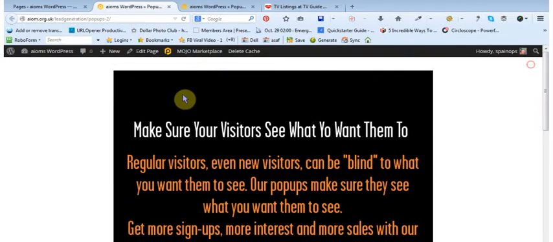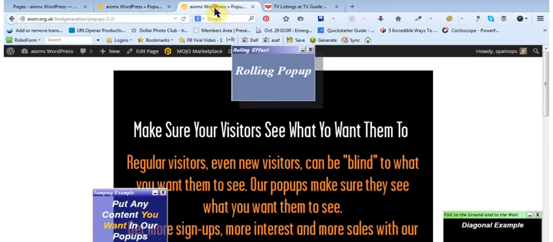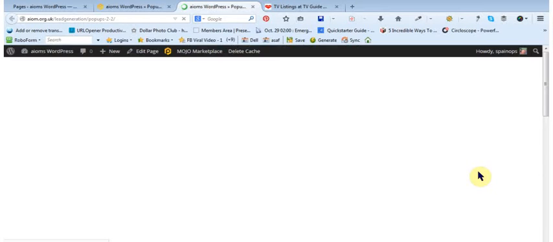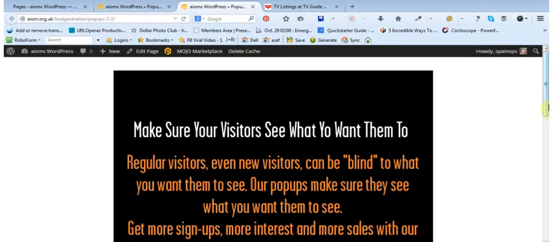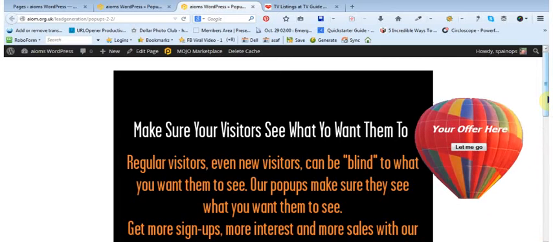So let's have a look at exactly the same page, but this time I'm going to refresh it. This will show you the different options available. Well, certainly a good number of the pop-ups. So just ignore these because I had the page open before. Okay, so exactly the same page. Let's start off with a